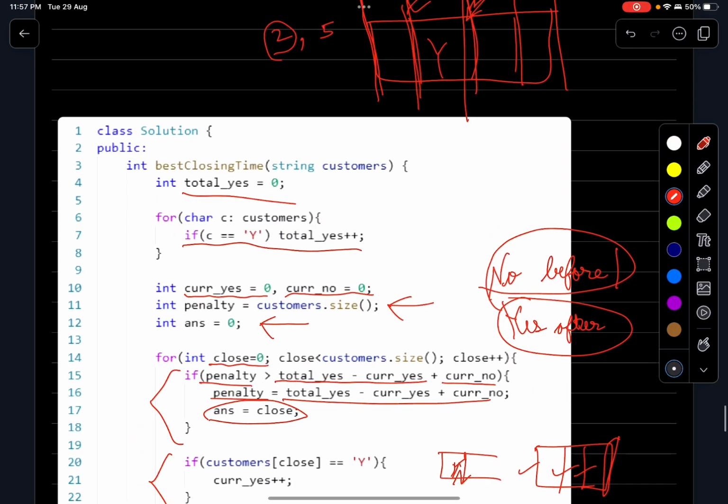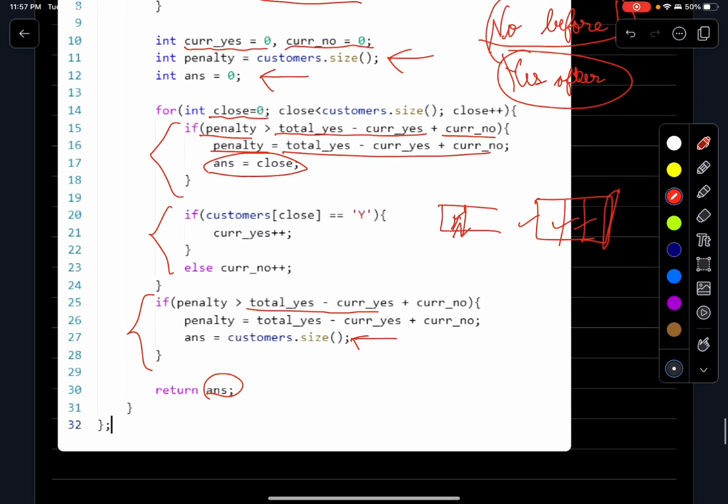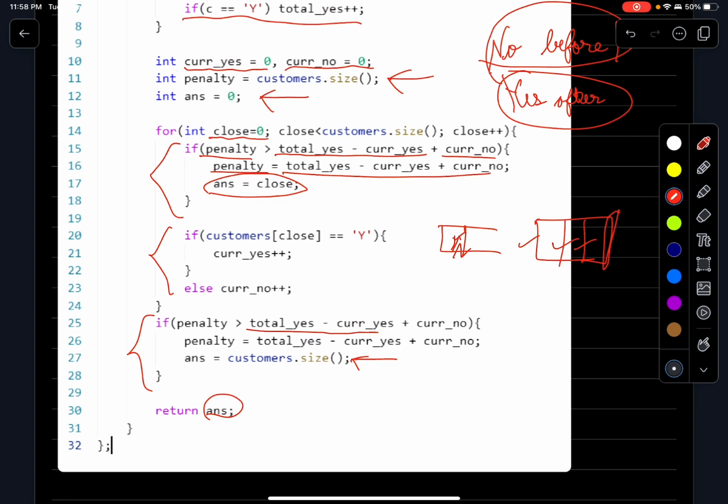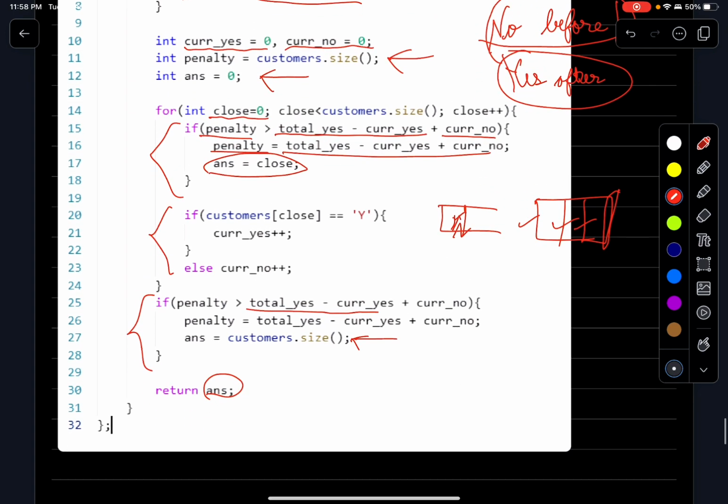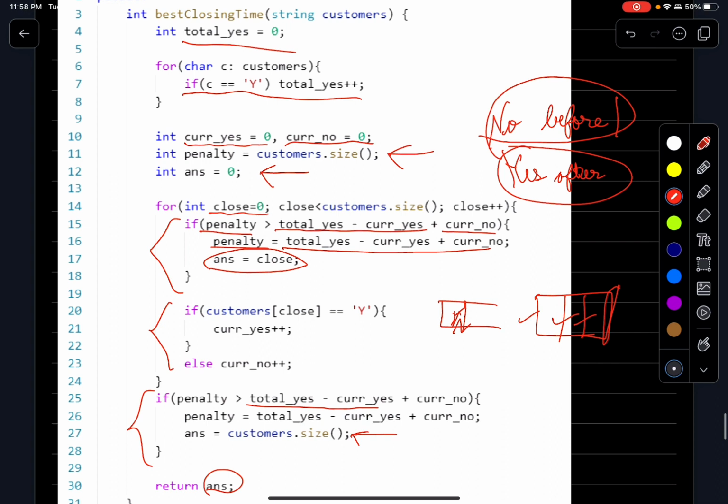Although this problem has been assigned as medium, this problem is a very easy one. So this is how we can solve it, and this is one of the many problems that we have solved